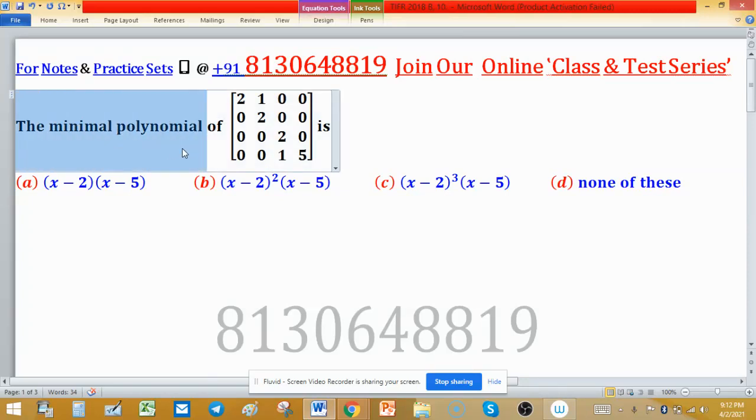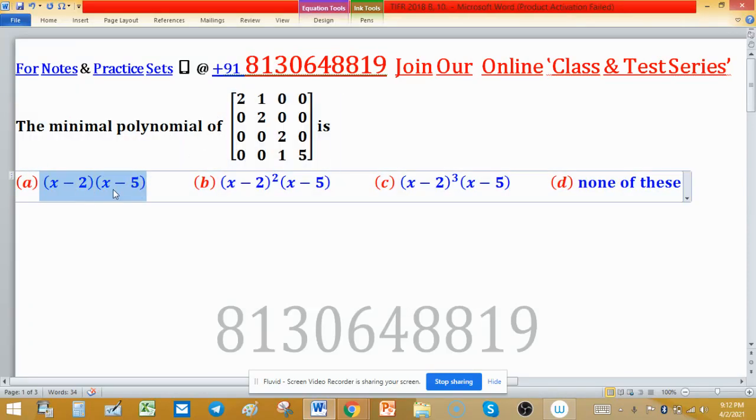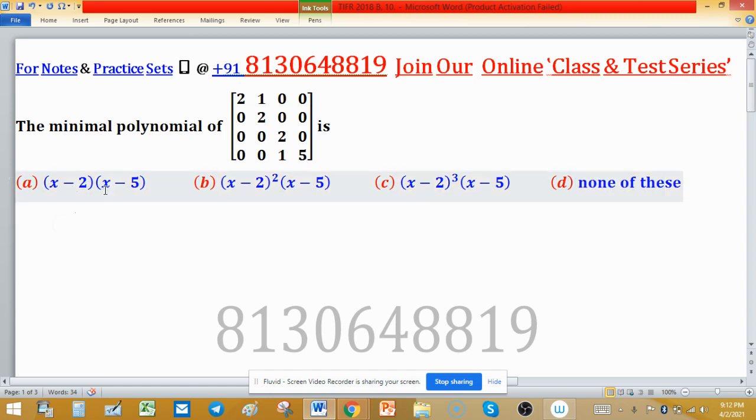The minimal polynomial of this matrix is: first option is this, second is this, third and fourth, none of these. Minimal polynomial is the monic least degree polynomial that annihilates the given matrix. So I write the definition: minimal polynomial,